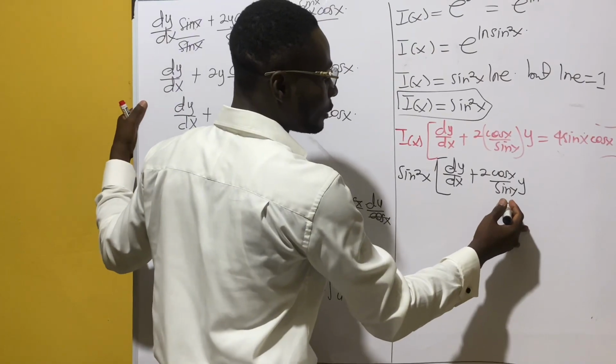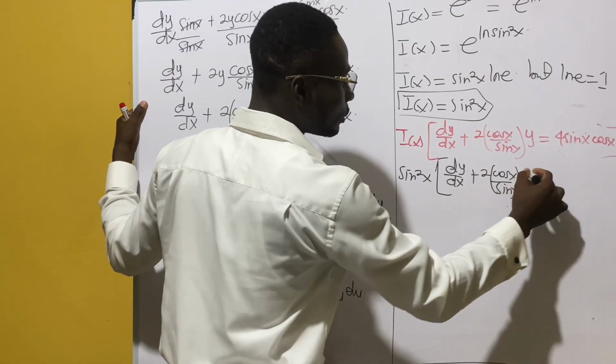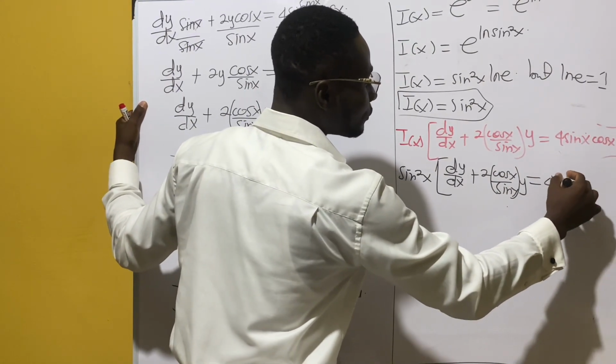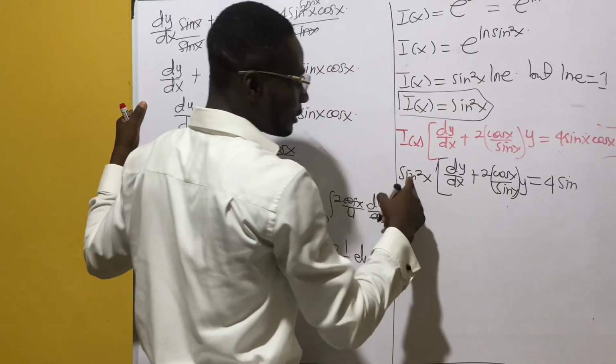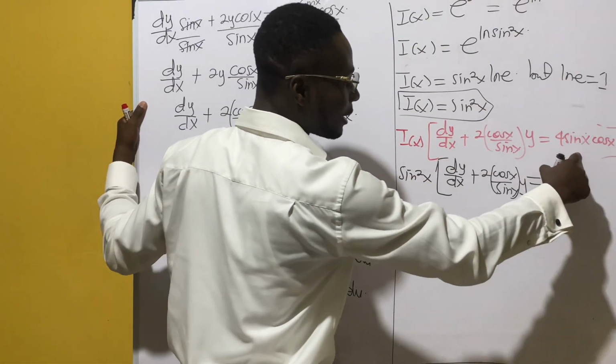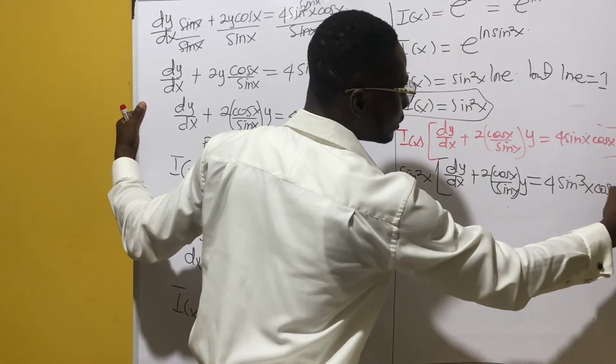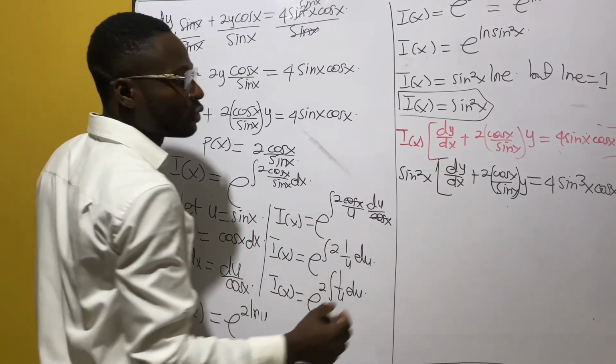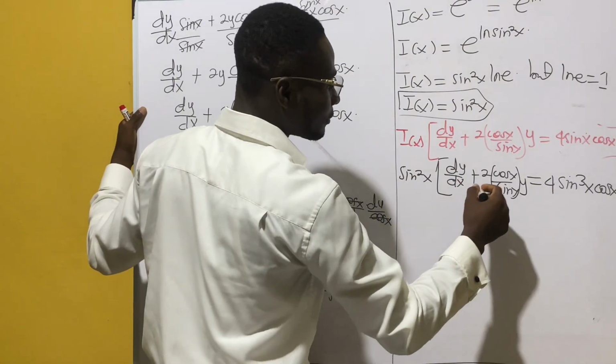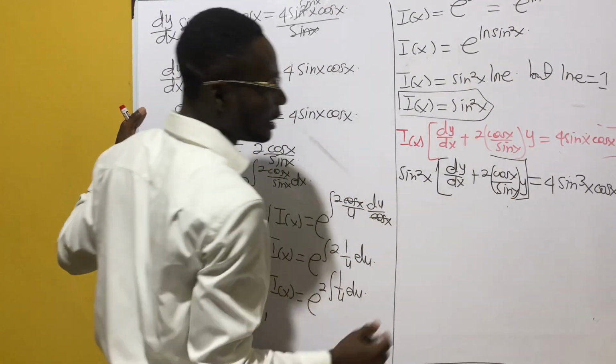And that should be equal to 4 sine squared x times sine x, which is sine cubed x cos x, right? So this side,